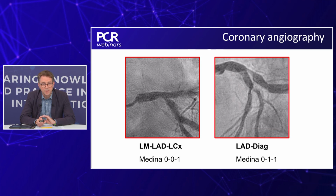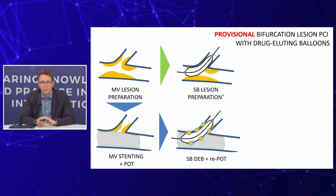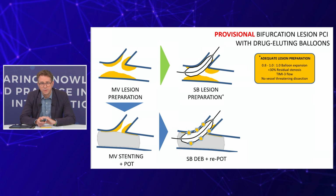So this idea about the approach to the bifurcation, Thomas, with his experience, is suggesting, if we just move forwards with the slides, that you go about actually a fully DCB approach to the main vessel and to the side branch. But obviously in a hybrid approach, if we could just move forwards with the slides, please, then we can see actually that you may treat the main vessel by stenting, proximal optimization, and then as Thomas said,